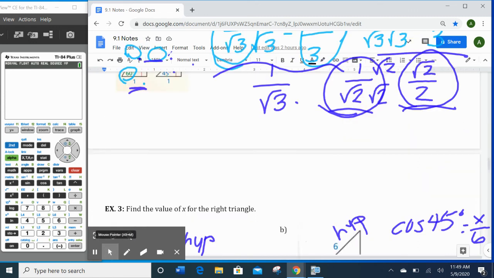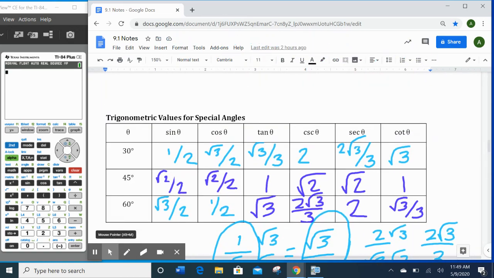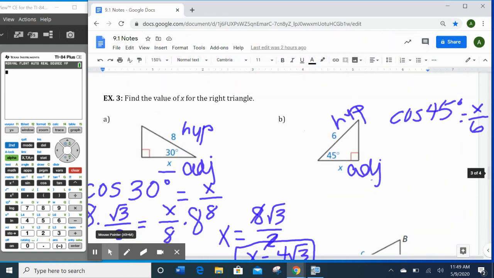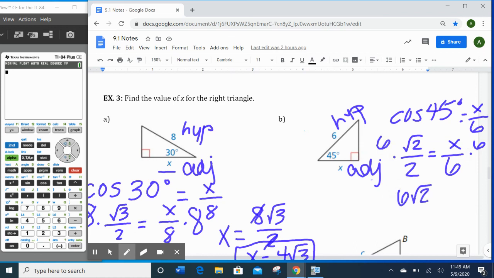According to our chart, the cosine of 45 degrees is root 2 over 2. So root 2 over 2 equals x over 6. Multiply both sides by 6. So 6 root 2 over 2 equals x. The 6 and the 2 cancel, so you get 3 root 2 equals